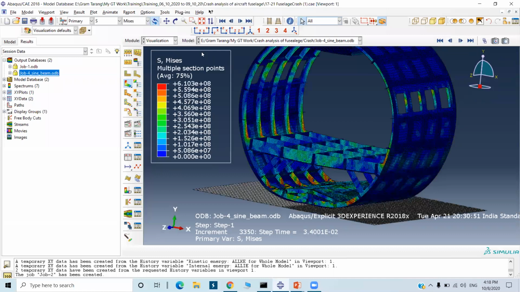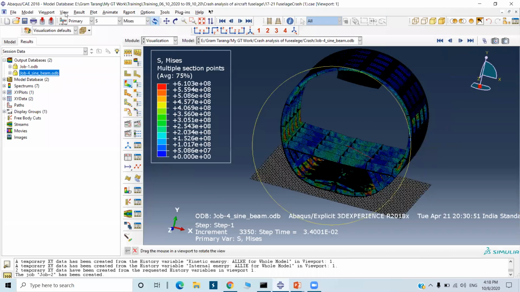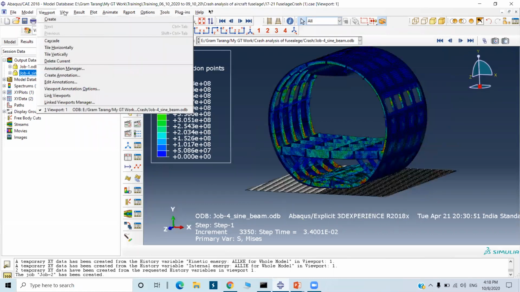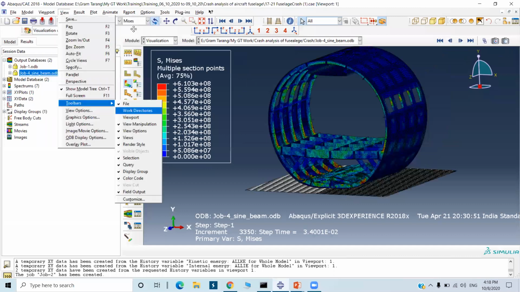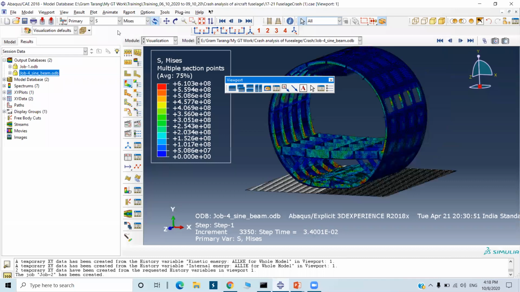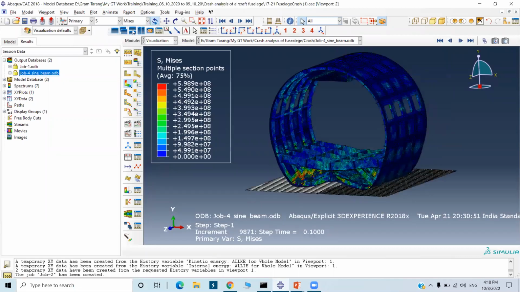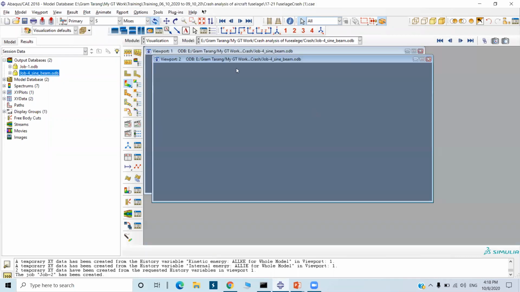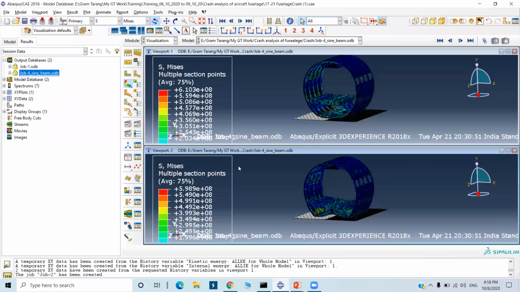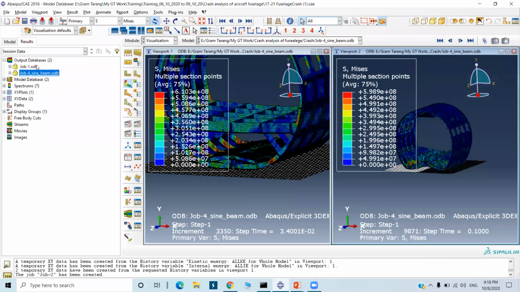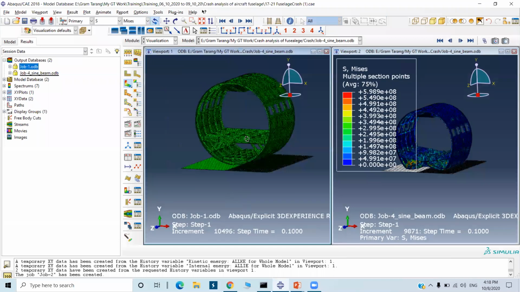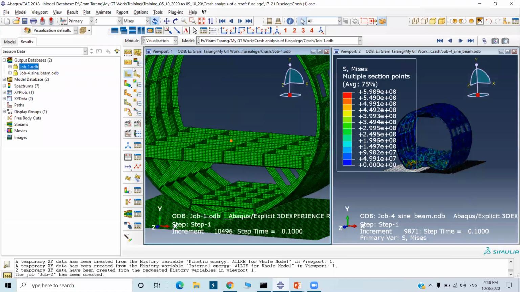Now I will add one more viewport. Go to view, bars, and viewport. First is the sine wave beam model. Here I will add the model without the sine wave beam. Now this is without the sine wave beam. You can see here there is no sine wave beam, and there is a sine wave beam here.